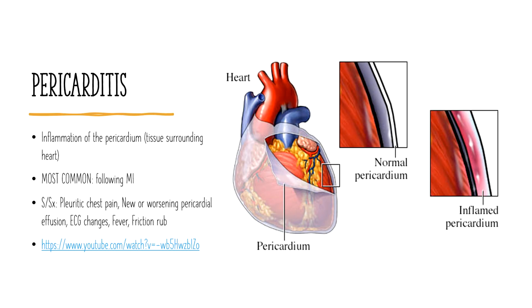We're going to talk about pericarditis, and that is inflammation of the pericardium, which is the outside protective layer, the tissue surrounding the heart. So it is normal to have a little bit of fluid in that area, so that it can protect and cushion and support the heart. So it is normal to have a little bit of fluid there, but we can have problems with inflammation